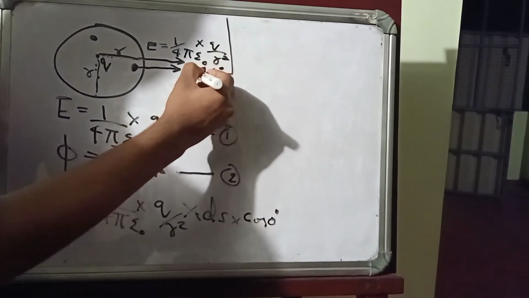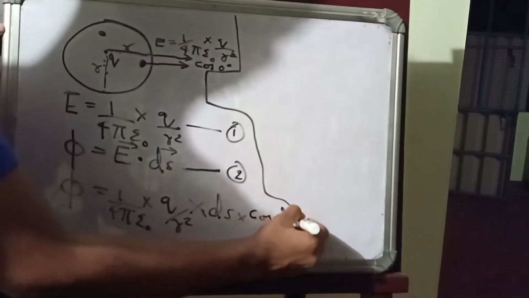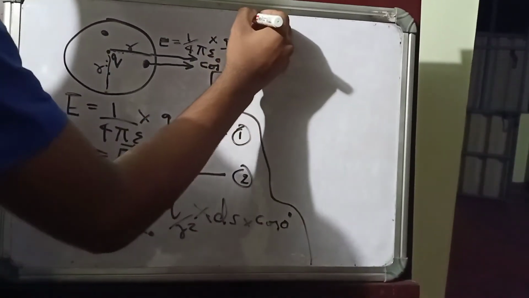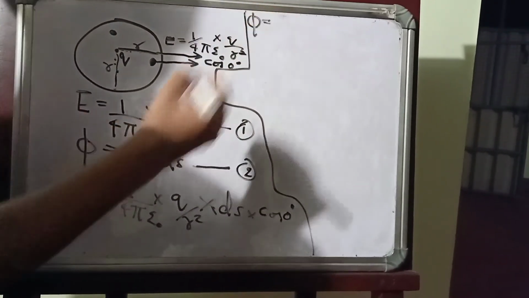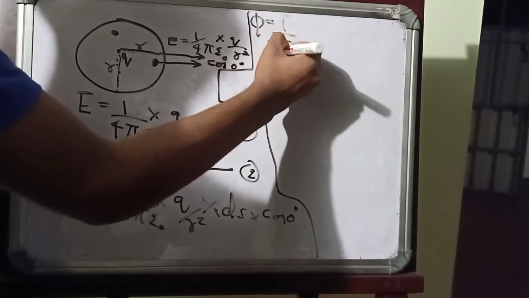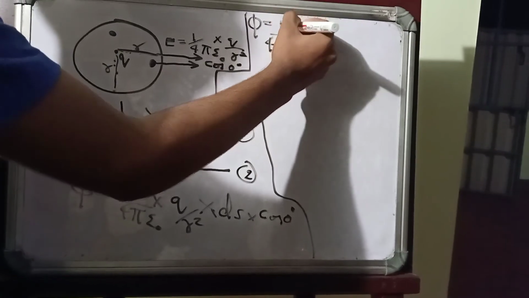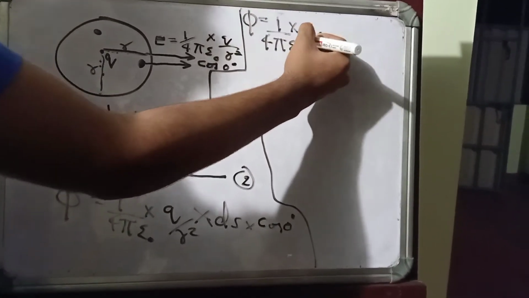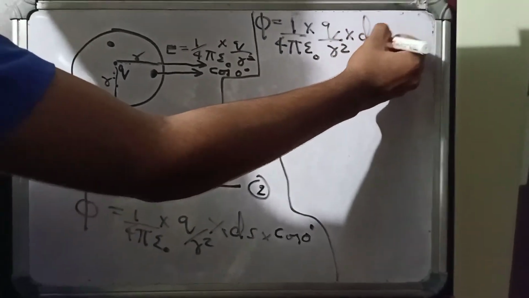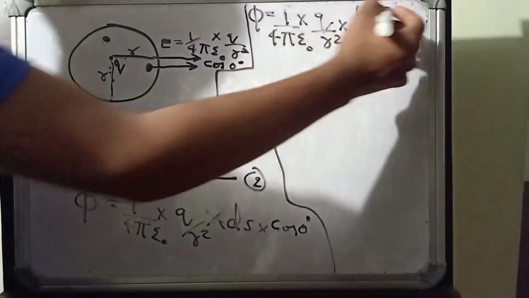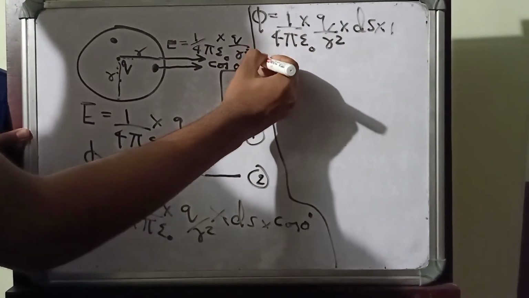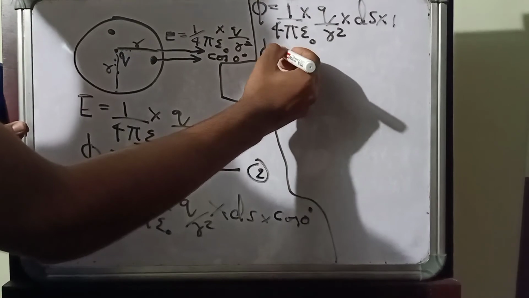Phi equals 1 by 4 pi epsilon naught into Q by R square into ds into cos 0 degree, which is 1. Now phi equals